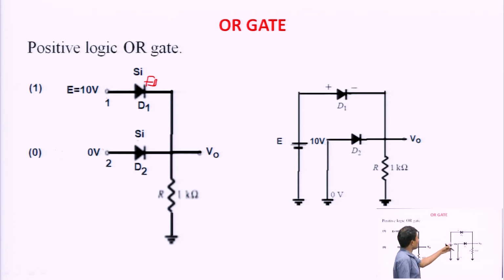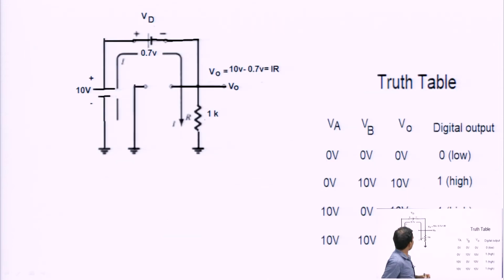तो D1 forward bias हो जाएगा। तो D1 forward bias होगा तो क्या होगा, 0.7 वोल्ट। तो आप यहाँ से करंट फ्लो होगा यहाँ से, then we will get V naught, and V naught is equal to 9.3 volt. This means logically this is high. इसे हम क्या बोलेंगे? हाई। हाई इसको डिजिटल में 1 बोलते हैं, ठीक है, और 10 वोल्ट को डिजिटल में 1 बोला जाता है, ठीक है, और 0 वोल्ट को डिजिटल में 0 भी बोलते हैं और इसे लो भी बोला जाता है, ठीक है गाइस। तो हमने क्या किया, 2 इनपुट लेना है, एक VA और एक VB।